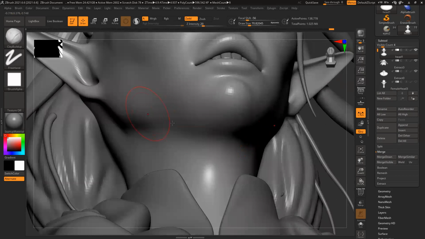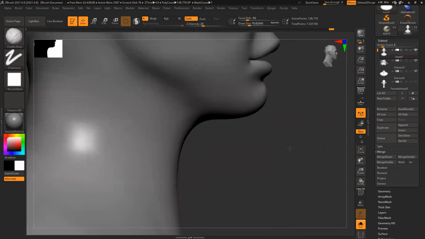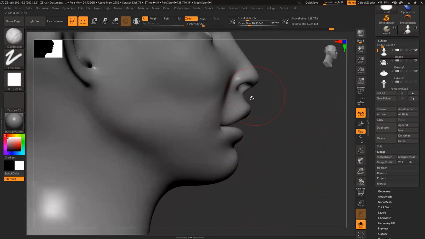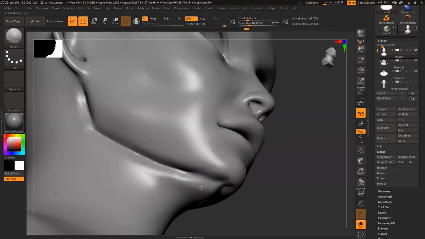And for this character, if you're having difficulty defining the jaw, what you can do in this case, so you can see it's not a clean brush. Use the standard brush from side view. First define the shape. Then from outside blend it softly.